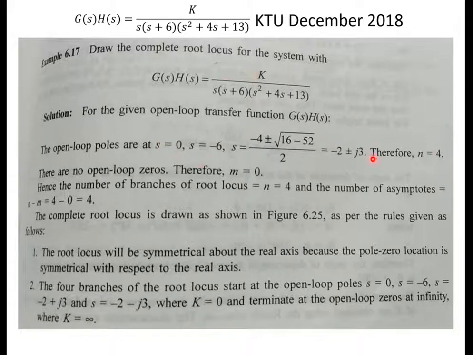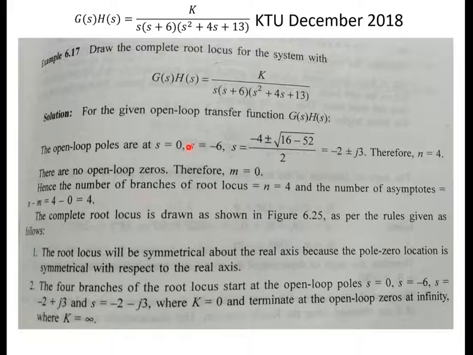You can see that the number of open loop poles in the given open loop transfer function is 4. But there are no open loop zeros, that I told you. So the number of poles will be equal to the number of root locus branches. That is always the case. And here, as there are no zeros, n minus m branches at infinity. So you will have n minus m asymptotes, where m is the number of zeros. So all the root locus branches will originate at the